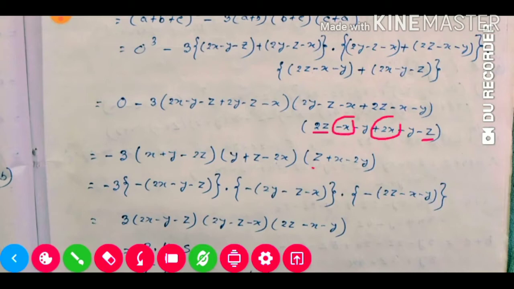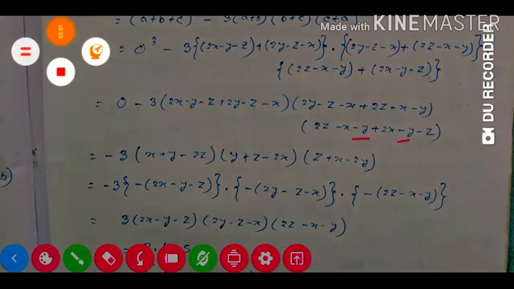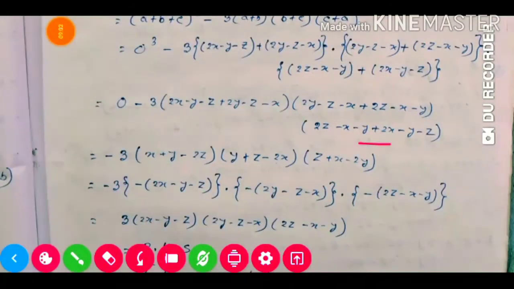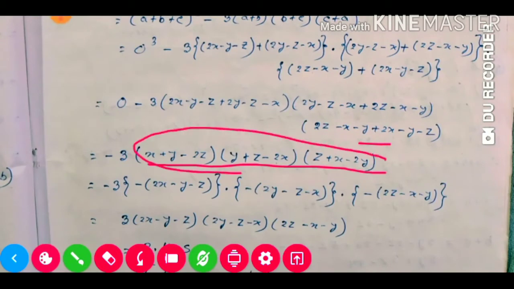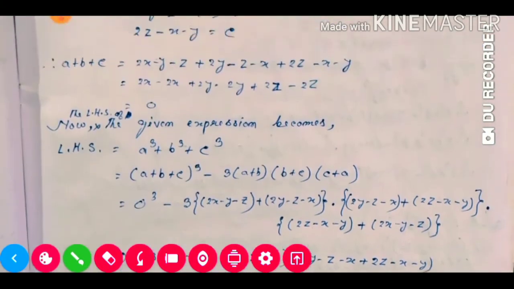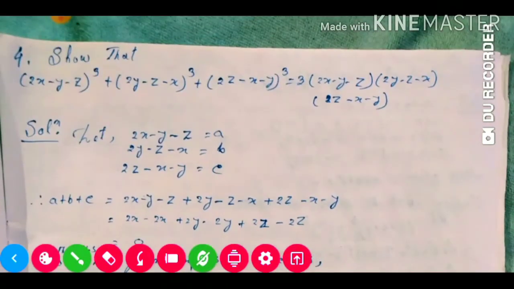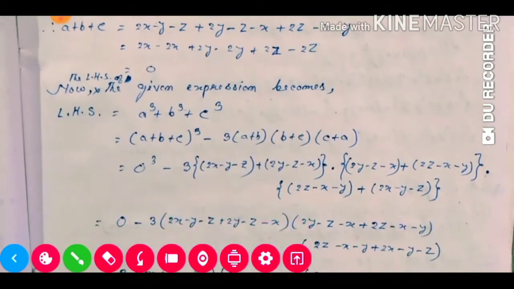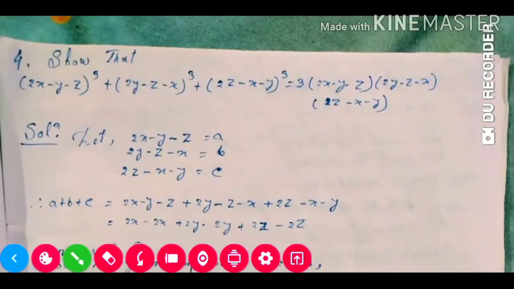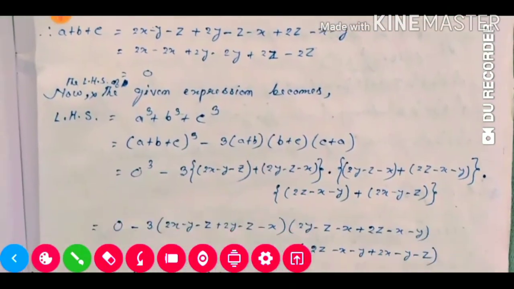And here it is minus x, and this one is plus 2x, so it will be plus x, and minus will be 2y, because both numbers are minus, so minus will be minus 2y. Now according to the question we need to arrange this portion. According to this question, see the question given: it is 2x minus y minus z. So where 2x is there, 2x minus y, 2x minus y minus z.